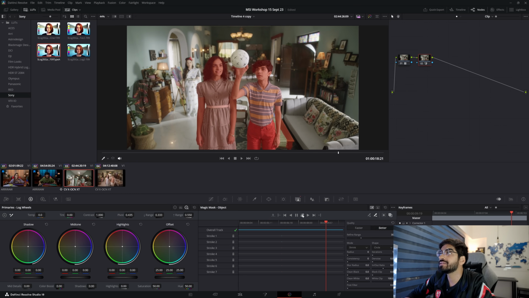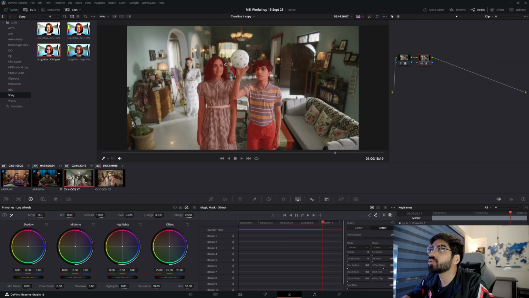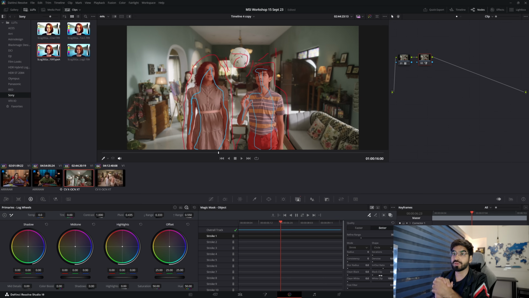Okay, as you can see, there's some kind of spill here, which is not too much. So what I'm going to do is deselect these portions and track it again. So guys, now we have done the tracking in our footages, and now I'm going to invert our selection, invert mask with this feature, and you can see that it has selected the background